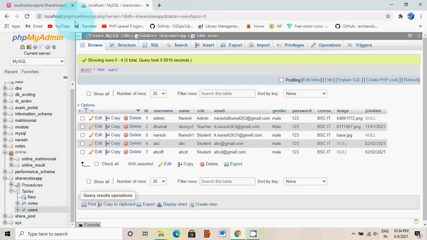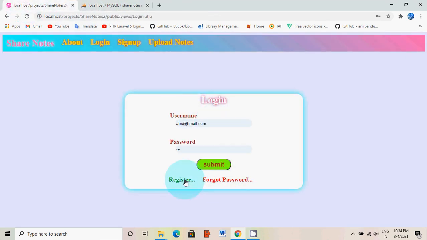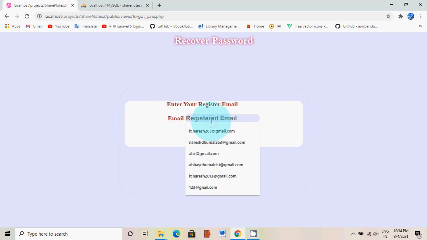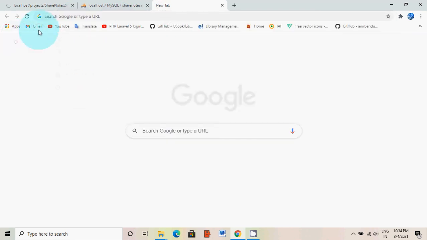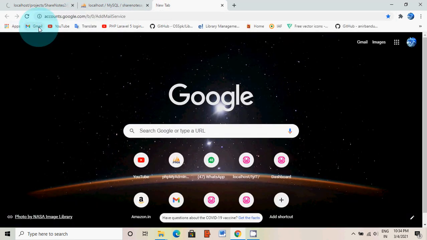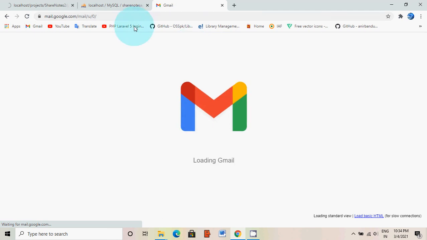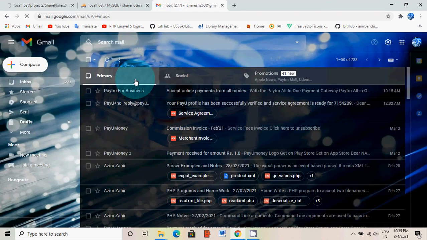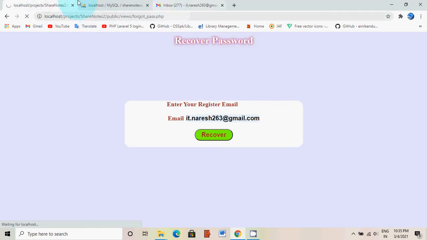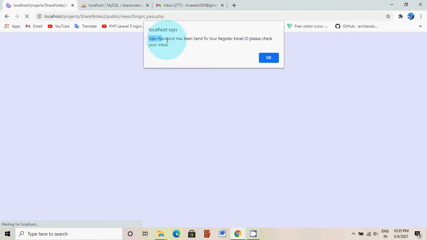Okay, if a user forgets the username or password, we can simply type our email and click on recover. This system resets the password and sends a new password to the registered email ID. We just wait here. Okay, a new password has been sent to the registered email ID.